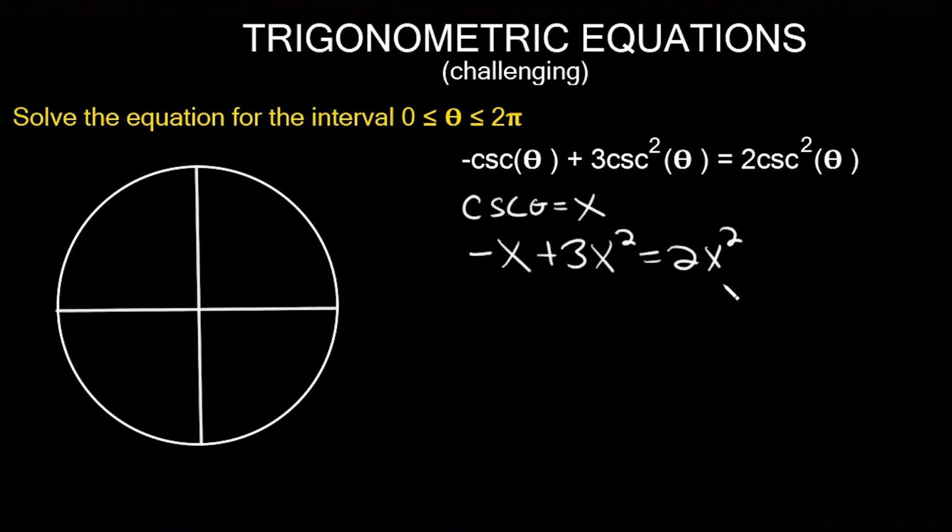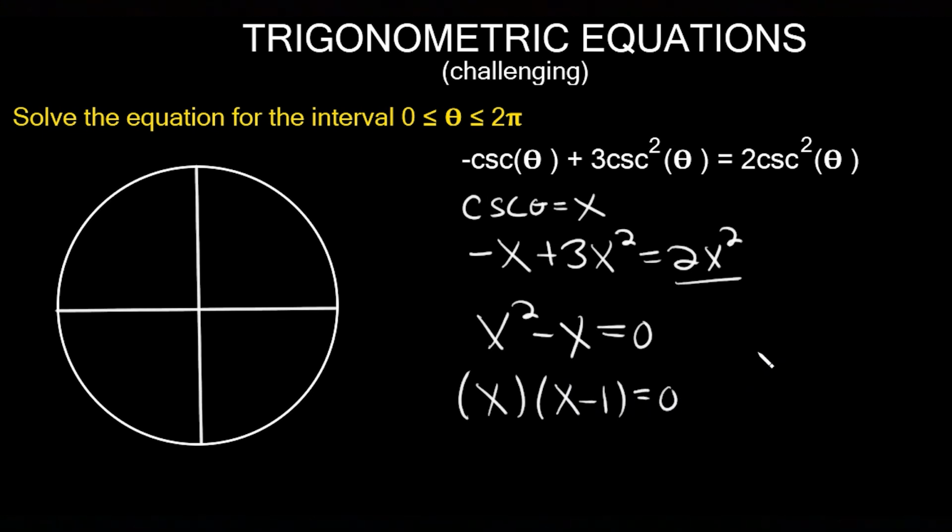And how do we solve quadratics? Well, we set them equal to 0, we factor and solve. So that's what I'm going to do here. I'm going to take this positive 2x squared and I'm going to move it over to the left-hand side. When you do that, you get x squared minus x equal to 0. And again, I just went ahead and changed the order here. That way x squared is coming first. All right, it's a little more neat. What do we do from here? Can you factor that? Well, I can pull out an x. They have a greatest common factor, right? So if I pull out an x, I get x, and then I get x minus 1,